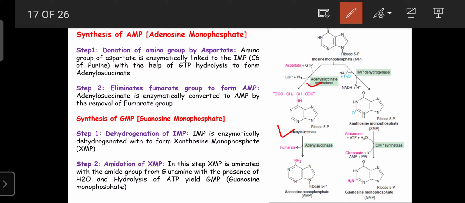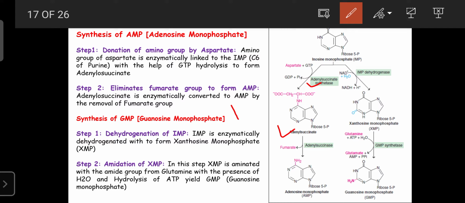So like that, AMP was formed by two enzymes from the IMP. One is adenylosuccinate synthetase, which gets the phosphate as well as the amino group from the aspartate. And second, adenylosuccinase removes the fumarate from the adenylosuccinate and is responsible for the formation of adenosine monophosphate. Likewise, GMP, that is guanosine monophosphate, is also formed in two steps,